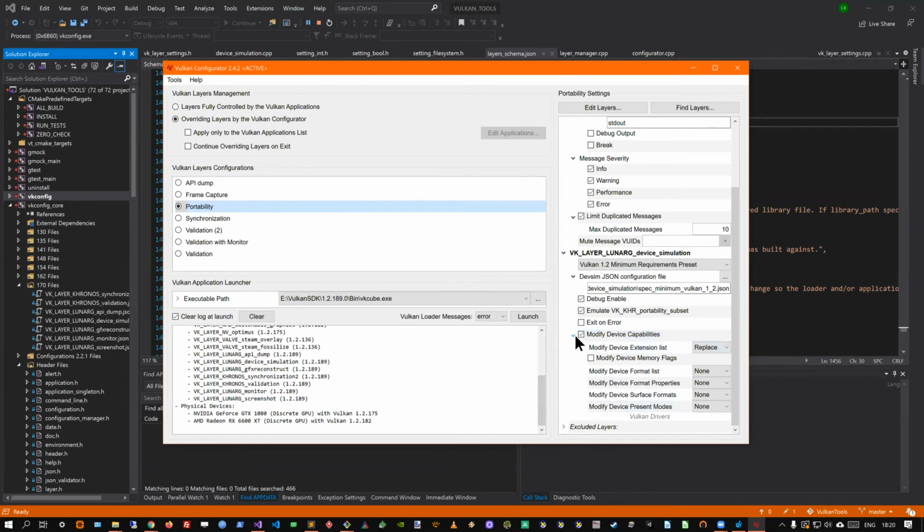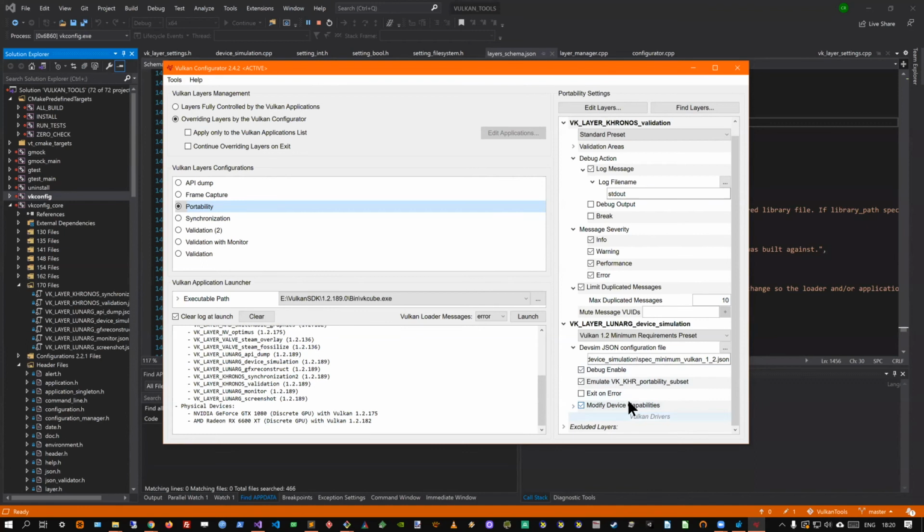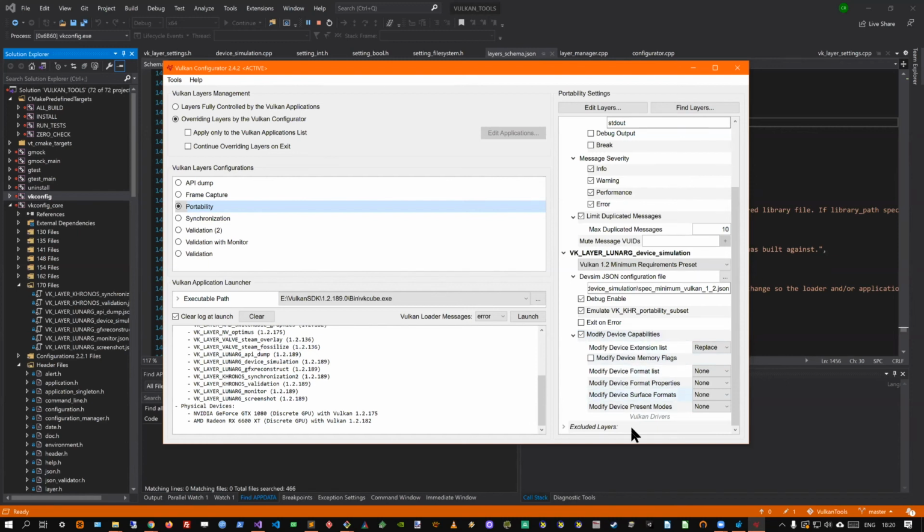But at least now we see that all the device capability are part of these settings. So now what we can do is create a dependence between all these settings with this one, so that they are enabled only when this setting is set.